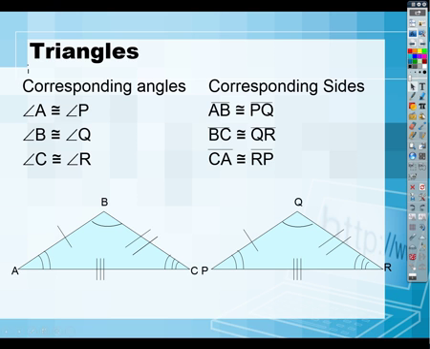Because when I write a correct congruence statement, I always have to line up the order of the vertices that I write in one triangle to match up with the order of the corresponding vertices in the other triangle. So for example, if I write down